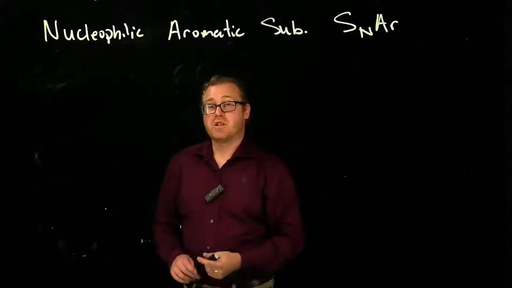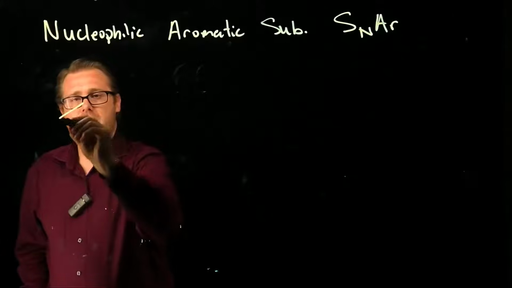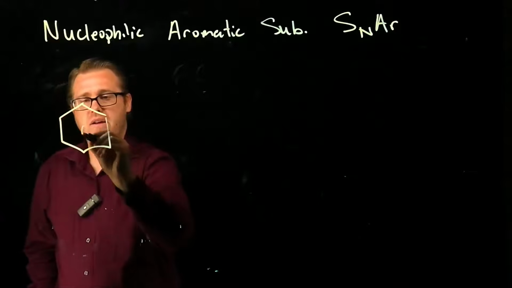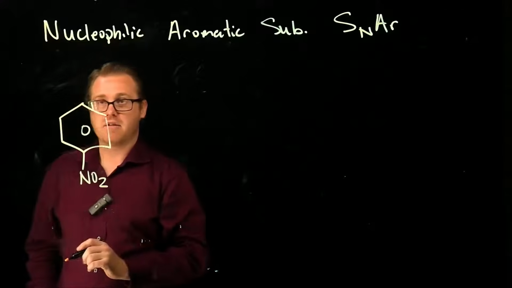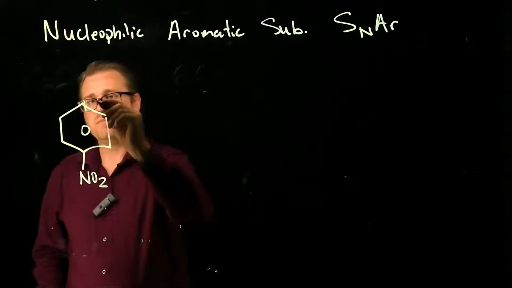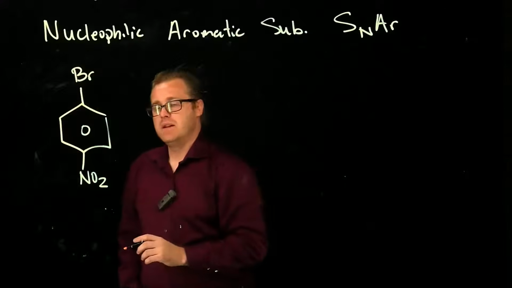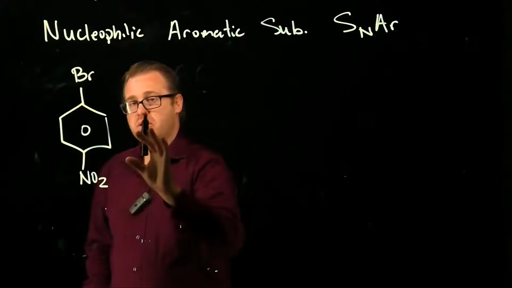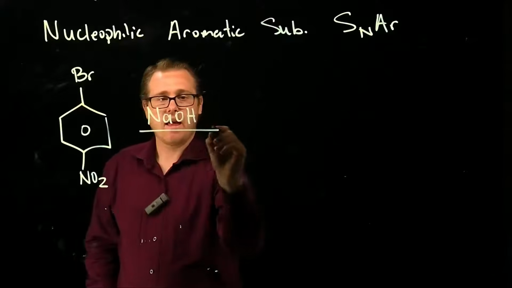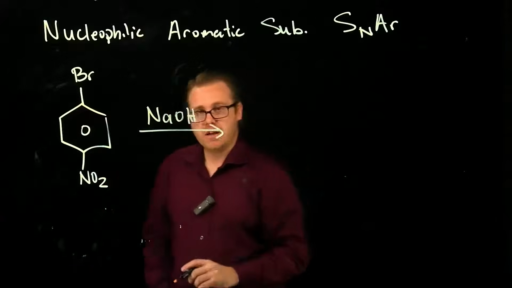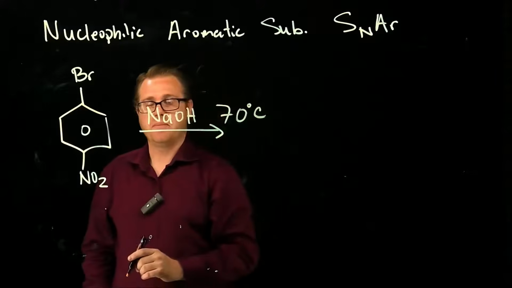Now, what does this reaction look like, generally speaking here? It's when you have a benzene ring and you have a really strong electron withdrawing group, typically a nitro group, and you have a halogen. And when you take that molecule and treat it with a strong base, and you heat it up, 70 degrees C,